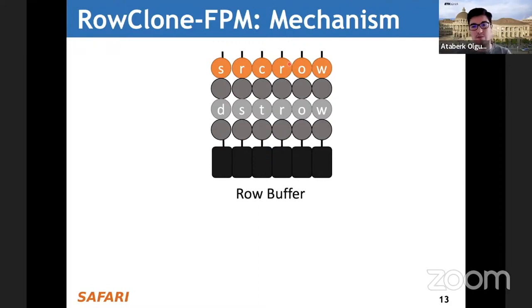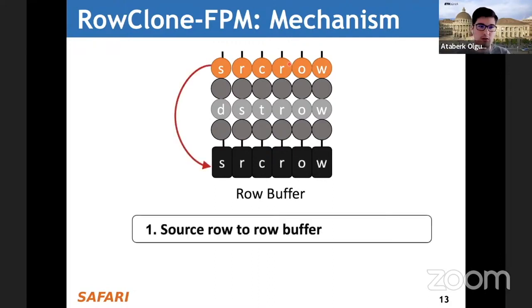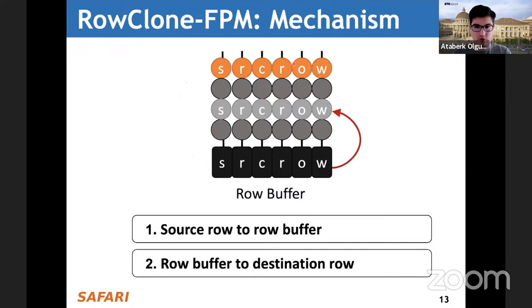We will do this in 2 steps. First, we will copy the source row to the row buffer or the sense amplifiers, and to do this, we already know that we can use the activate command. When we activate the DRAM row, the data will be copied to the row buffer. And the second step is to copy this data back from the row buffer to the destination row. We know that we can do step 1 in current DRAM chips.